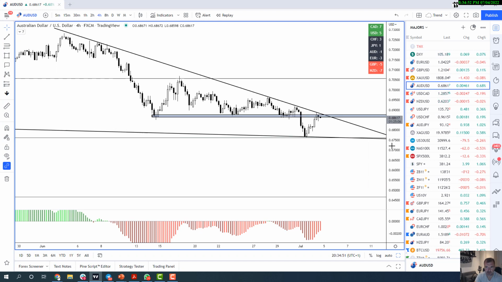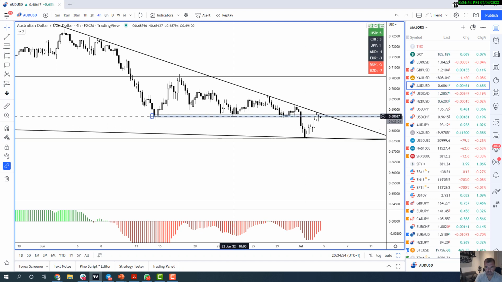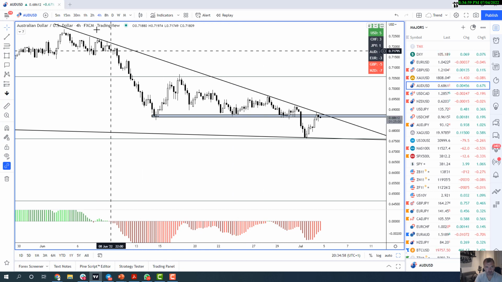Now, as you'll see right now, we've got an area here, the blue zone marked out around 68.70. But we can also see that we've got a descending trend line where the market has rejected it several times here, again here, and then also today. So what we need to see is the market get above this area, probably come up into around this swing high here, then have a retracement back into around the 68.60, 68.80 area before we can conclude that movement and start the next impulsive move up into around